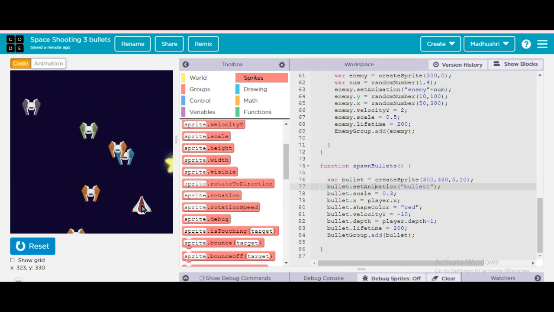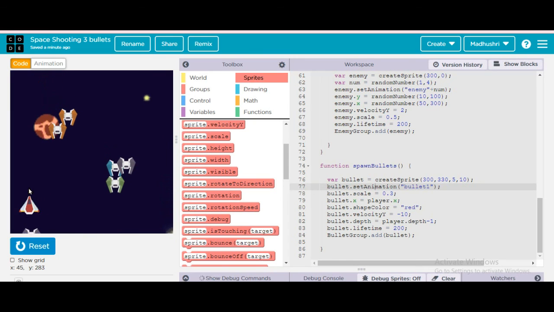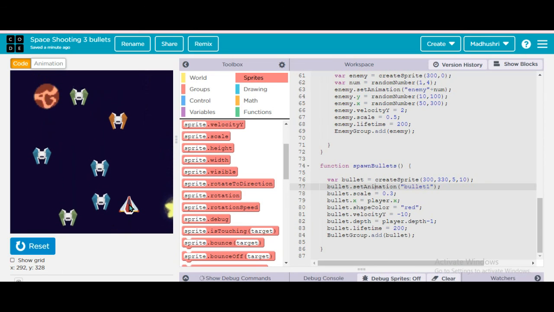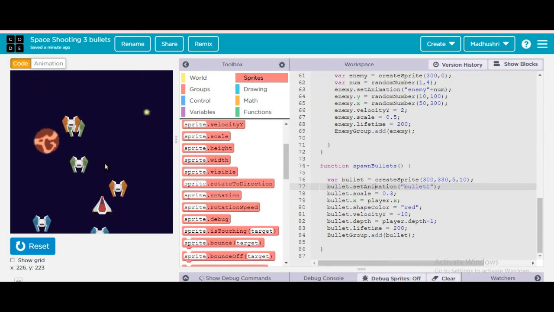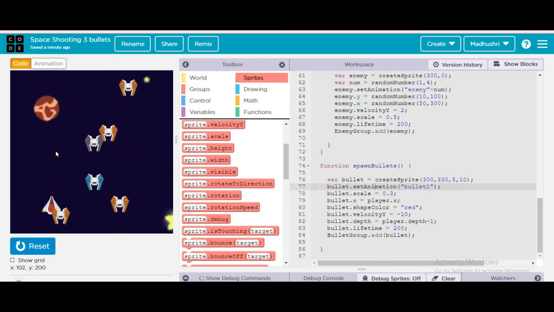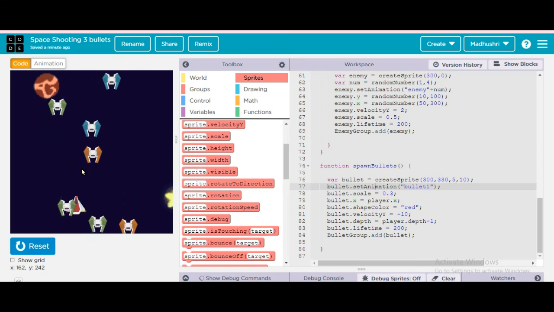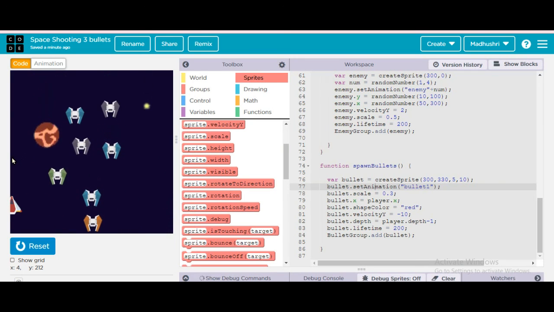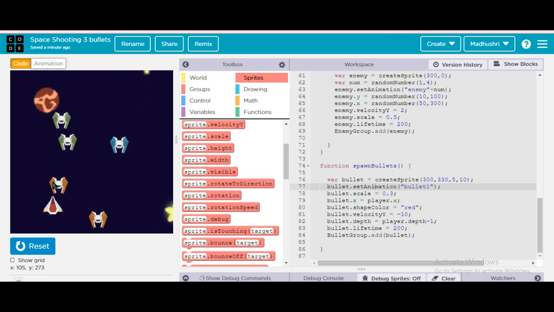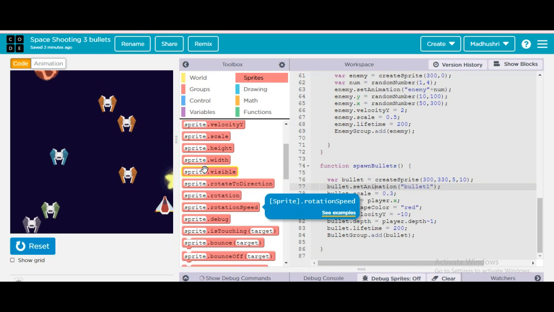One comes if your player ship moves only in x positions but you give the bullet in y positions. I did it correctly, with the bullet in x positions where the player ship is moving. Some people give bullet.y, and then the bullet faces the east side. So please be careful. Then bullet dot shape color equals red, then bullet dot velocity, then bullet dot depth equals player dot depth, then bullet dot lifetime, then bullets group dot add bullet.